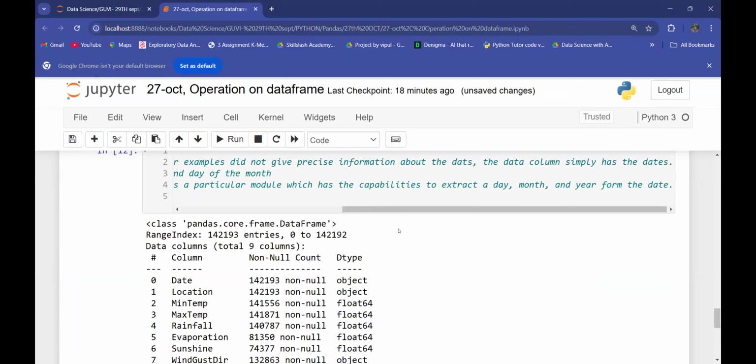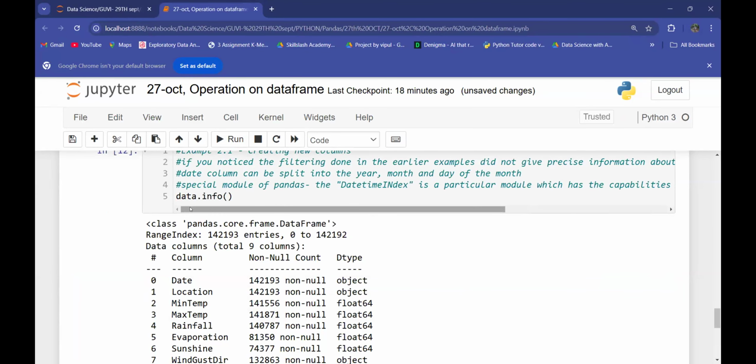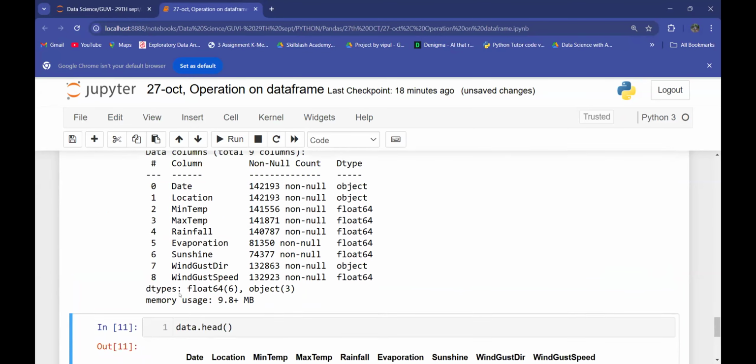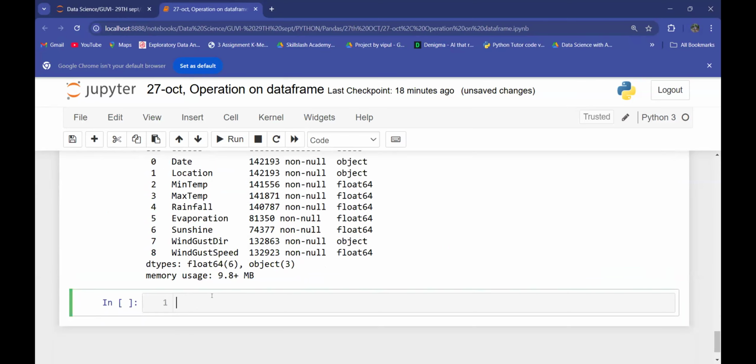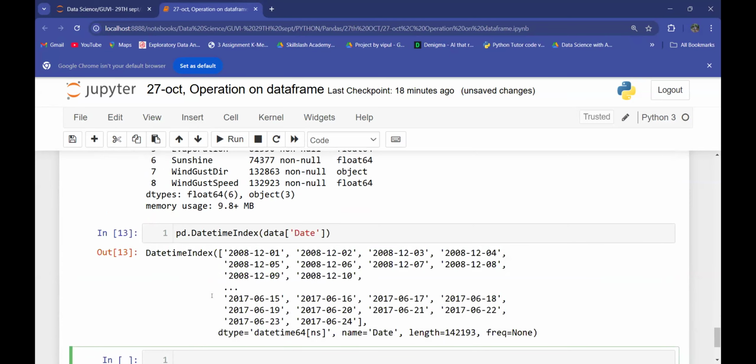So if I run this, I need to convert that into DatetimeIndex format. So we have one function, pd.DatetimeIndex, and you just need to specify for which column you need to do that. Now it is converted into date time. You can see that the data type is date time,